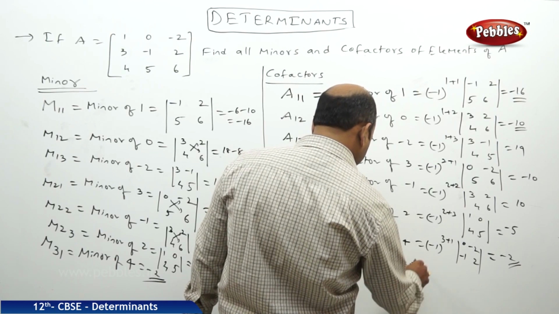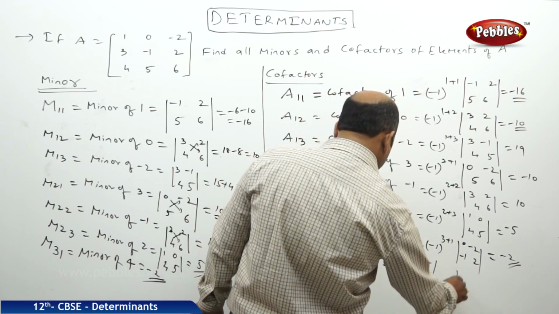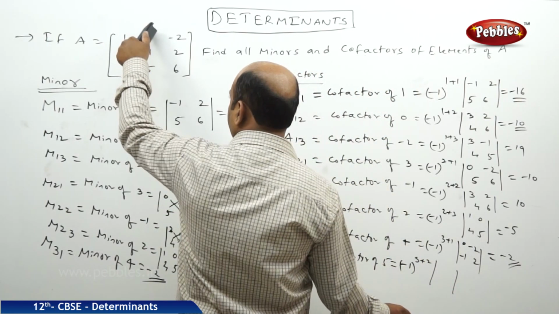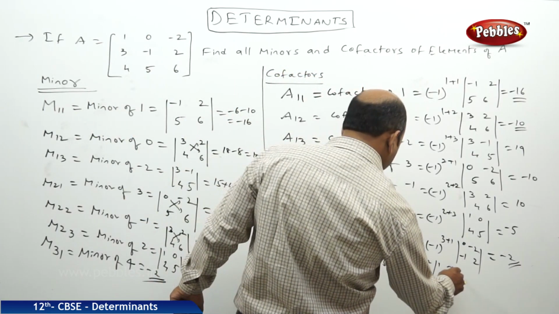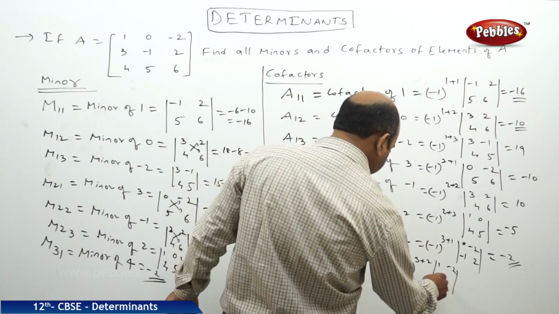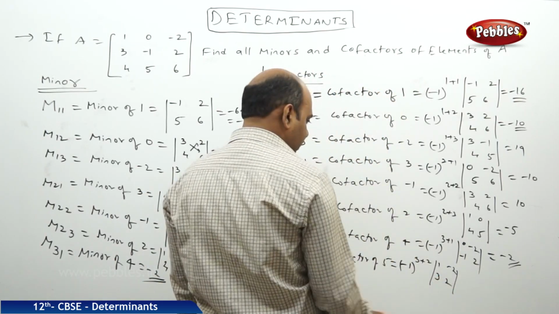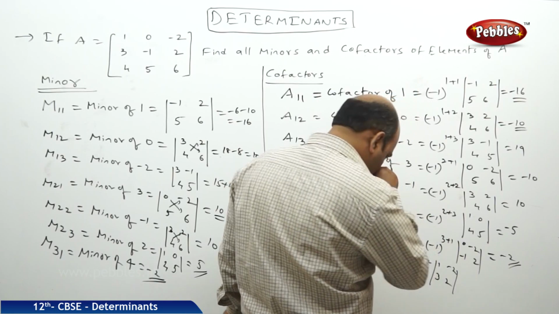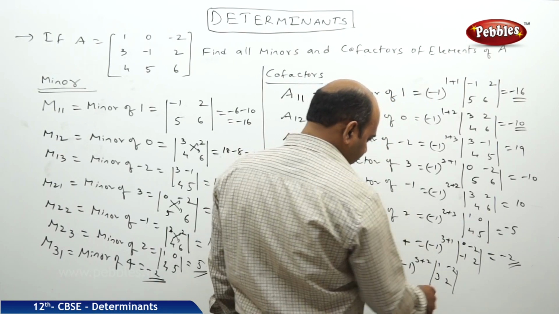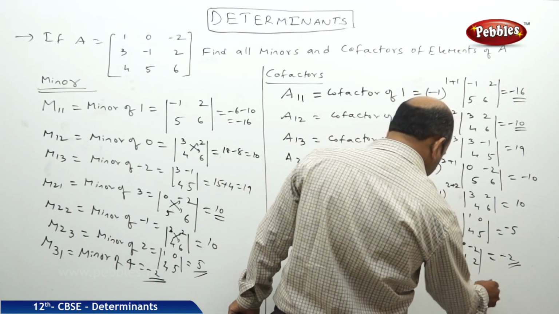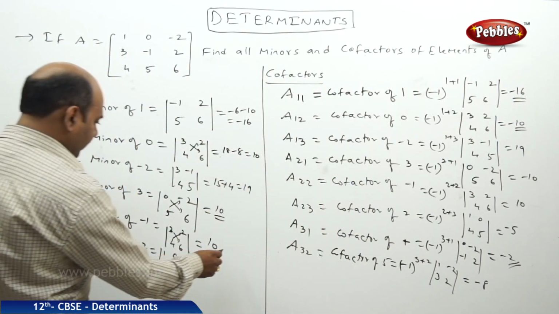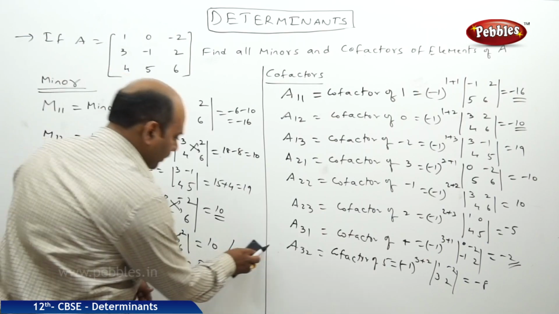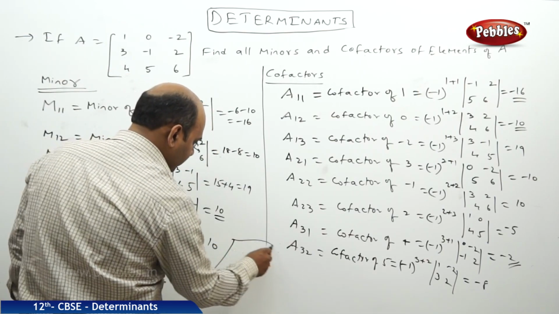Minus 1 whole power 3 plus 2 into its minor. Into its minor means delete the corresponding column and corresponding row. There remains 1 minus 2, 3, 2. So its calculation: 1 2s are 2, 2 plus 6, 8. And here minus 1 whole power 3 plus 2 means there remains minus 8. So directly here I am writing the minor.